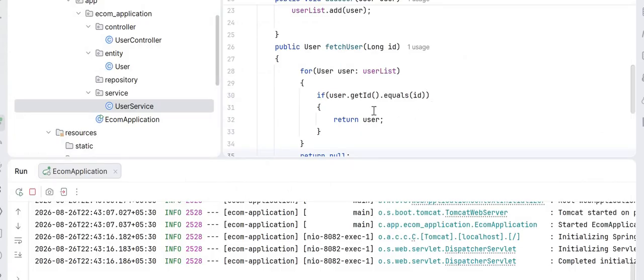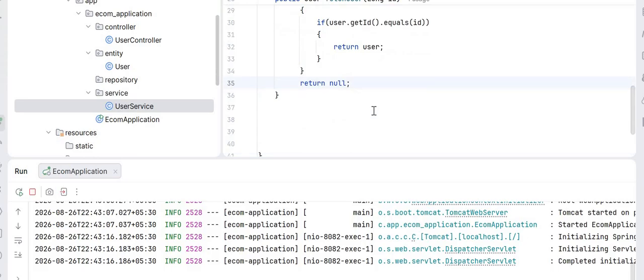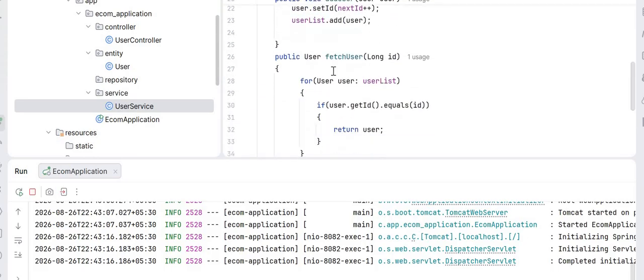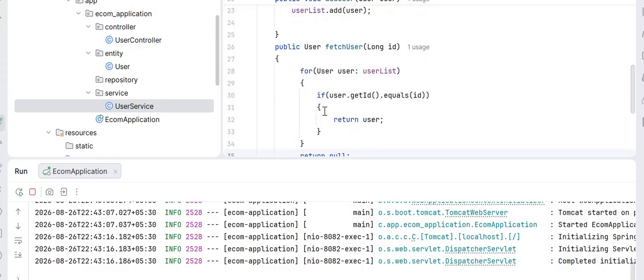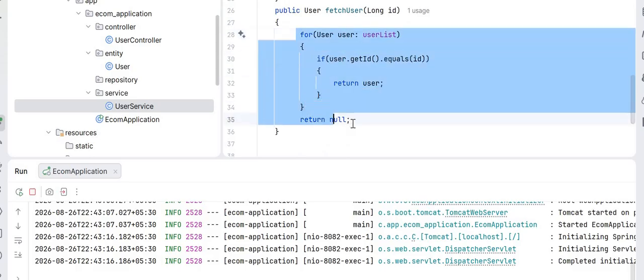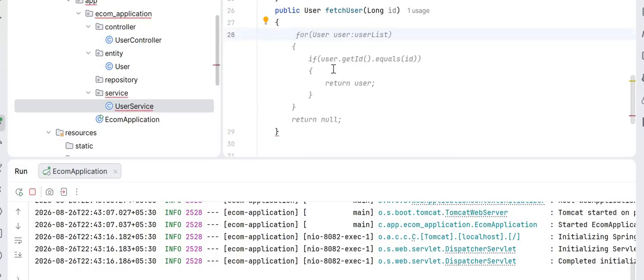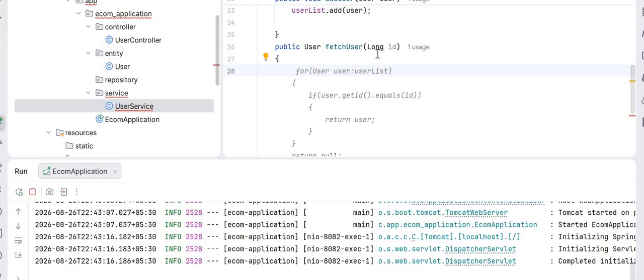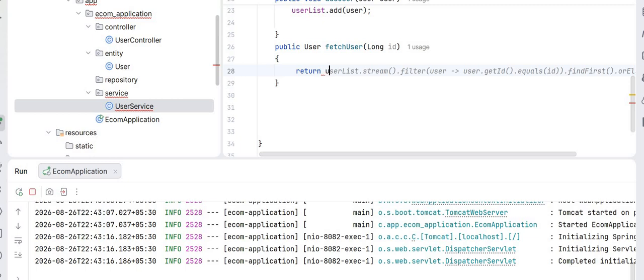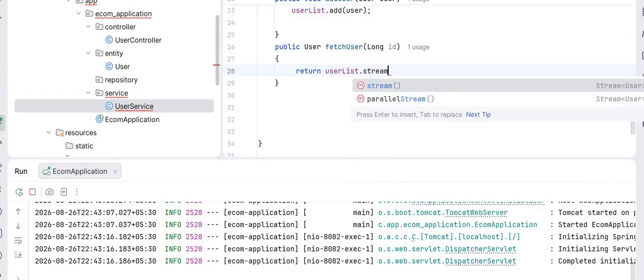So in this one, if we see this, now how we are processing, like we are using the for loop, but we should not use it like this. This is not a good practice to do the coding. So what you can do, you just remove that, and instead of that you can just return the user list. Like we are going to use the Java 8 feature, so you can use the user list dot stream